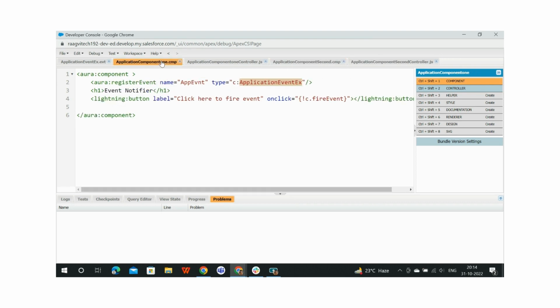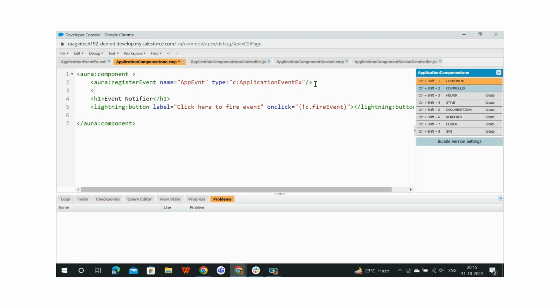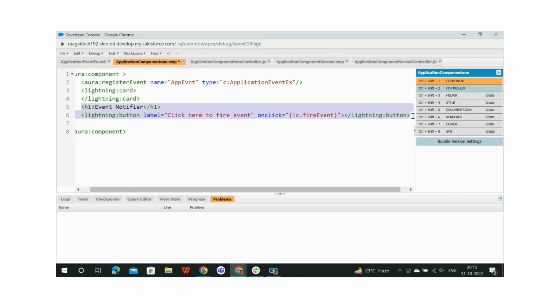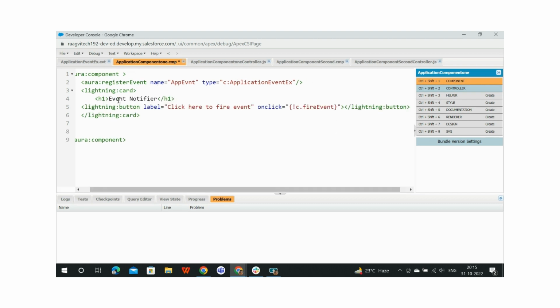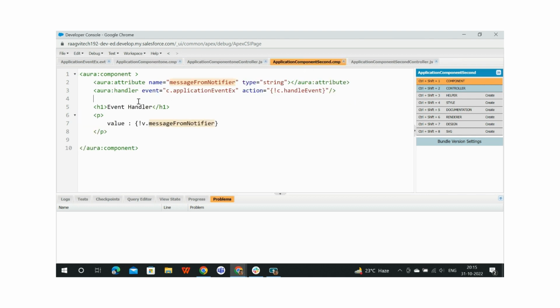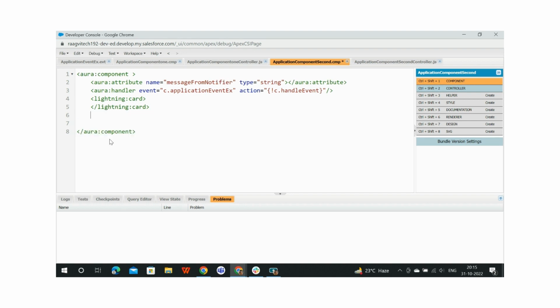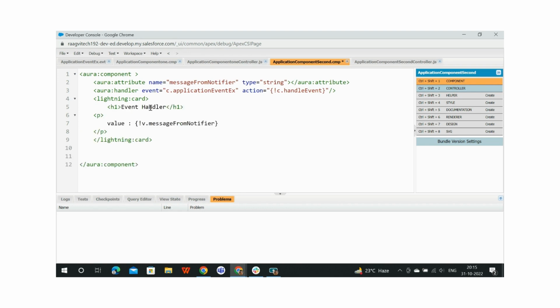So for differentiating these two components I am giving some lightning code for differentiating these two components in the UI. I am pasting inside this lightning code. Here also I am doing the same. Here also I did the same thing,